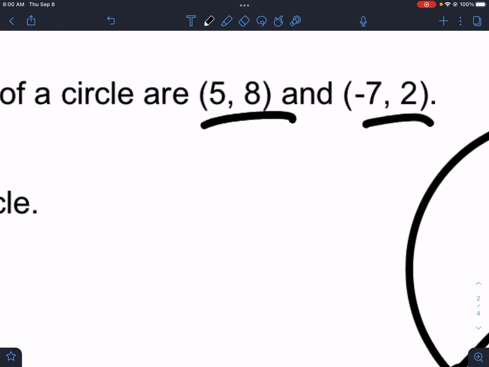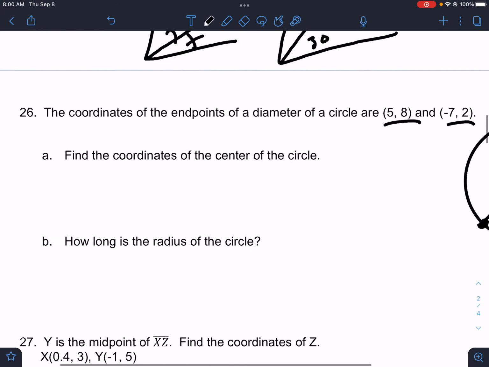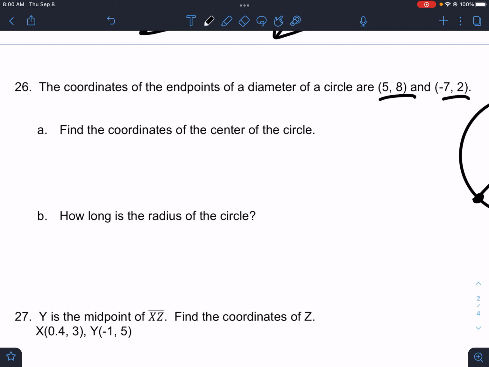Well, the center would be the middle. How do you get the middle? Well, the easiest way is to add and divide by 2. So 5 and -7, we add those. Now remember, it's 5 plus -7, technically. We're adding them, but what is plus a negative? It's the same thing as minus, so I'm going to write that as minus, divided by 2, comma,